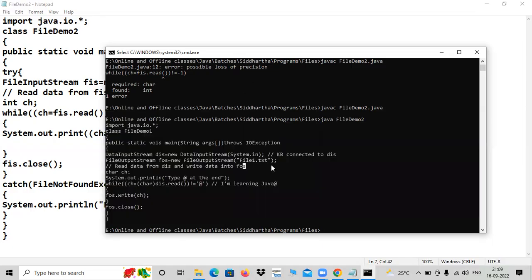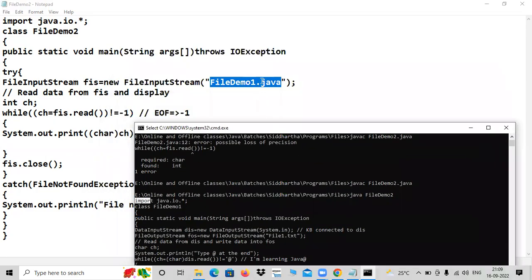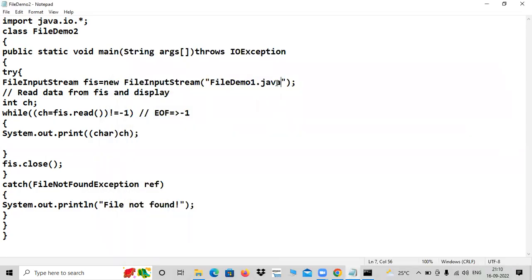Any doubts in that? We got it? We got the entire program. See, because FileDemo1 is a program, that address I have given. FileDemo1.java, that program, the last program before this. That's what I have given. If I give something else, see, I'm giving FileDemo100. It is not there in my system. Will it work? So